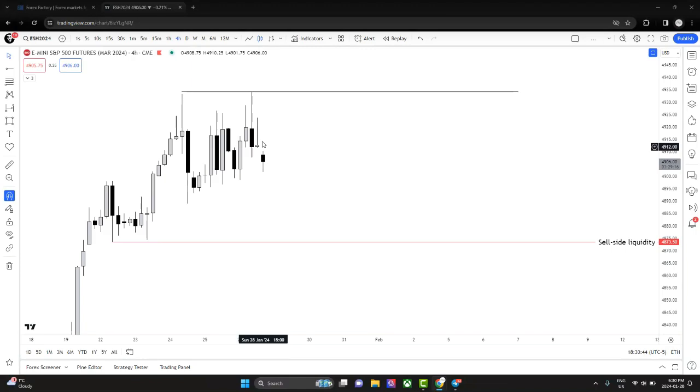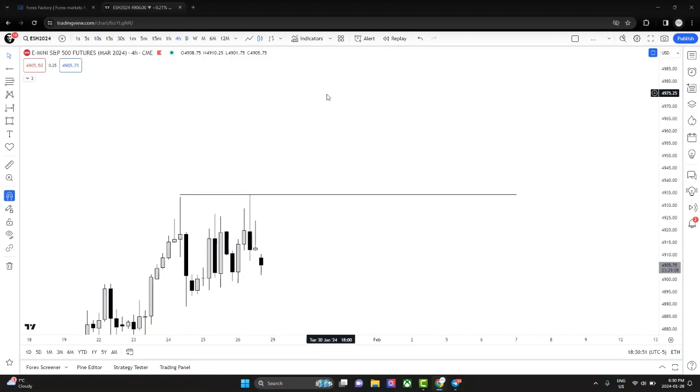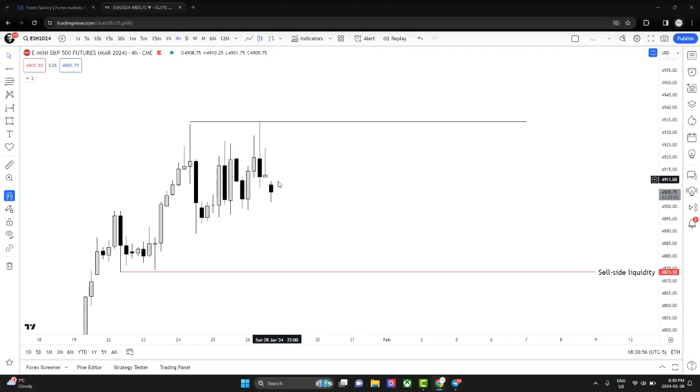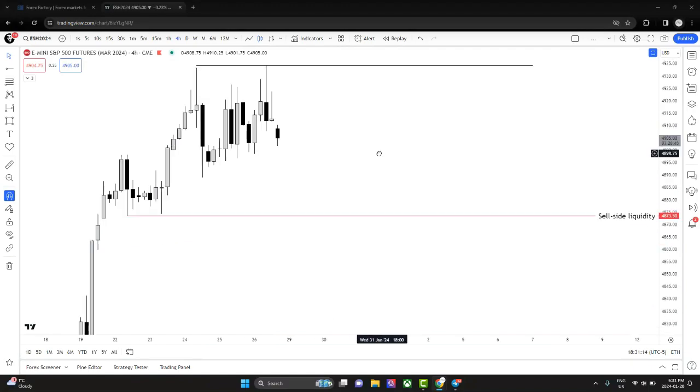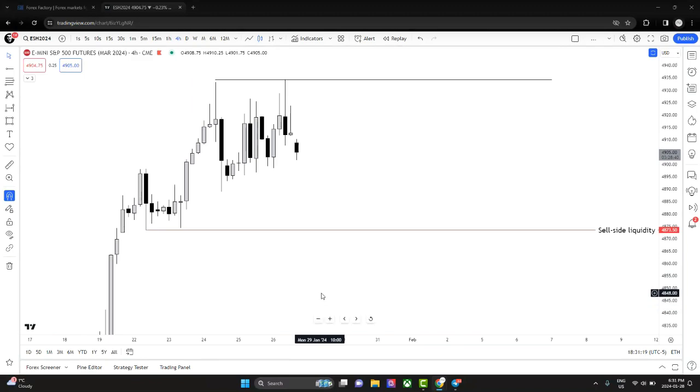People are up here buying, waiting for, and if price breaks and makes a higher high, they'll be buying, expecting it to just rocket. That's not us, right? We buy where they sell. And you probably have people with buy stops right now, right here, that want to buy. So when price pushes above it, they buy. That's where we pair our sell orders, right? We go in and we look to short. Price breaks below here, go back here, boom, right? So definitely not bullish on the S&P 500 at all.